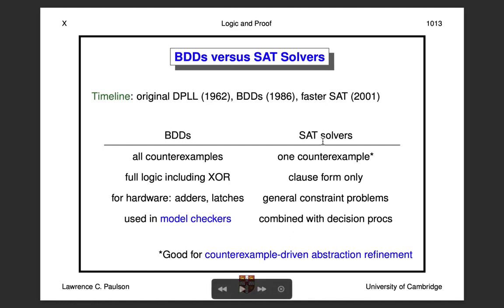With a SAT solver, you get one counterexample at a time. You can ask for more, but you get one at a time. So it's giving you less, but often one counterexample is all you need. And if I want to look at my own footnote here, there's a very powerful technique in verification known as